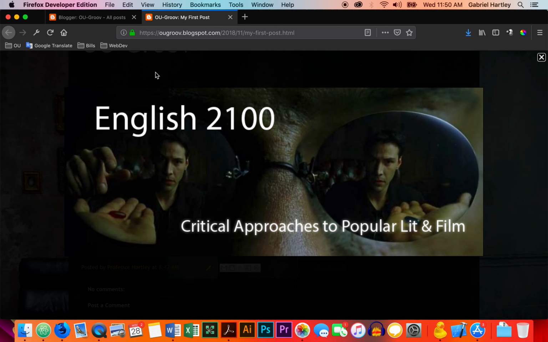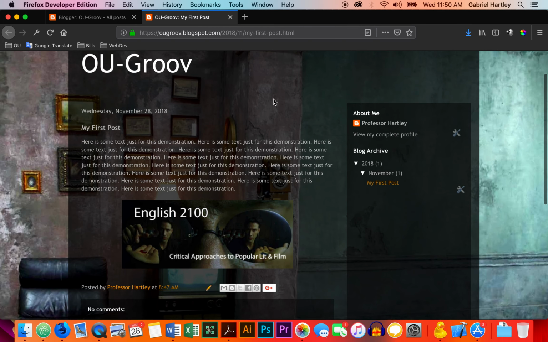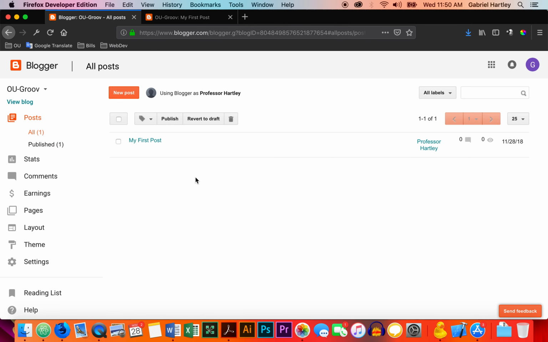Oh, okay, yeah, here it is. It's set to have these images hover above the page when you click on it. So let's go back to the page here, and we can take a look at some of these